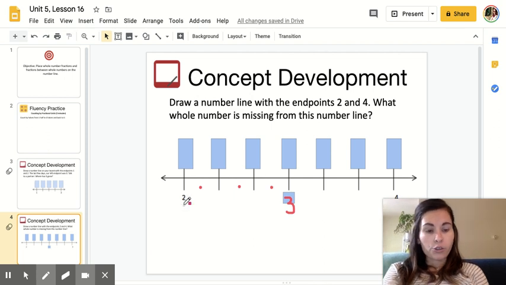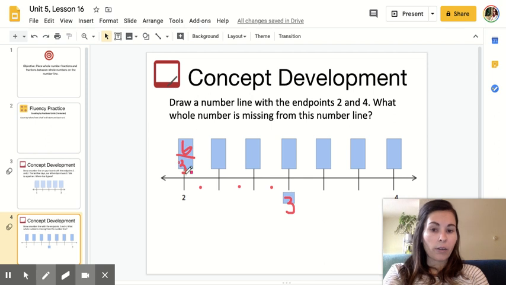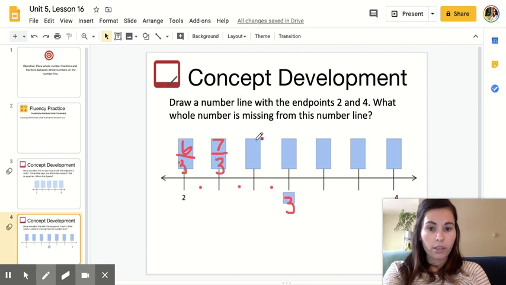However, we started at 2 wholes. I know that 1 whole of thirds is 3/3. 2 wholes, therefore, is 6/3. Counting up from there, I know I have 6/3, 7/3, 8/3,